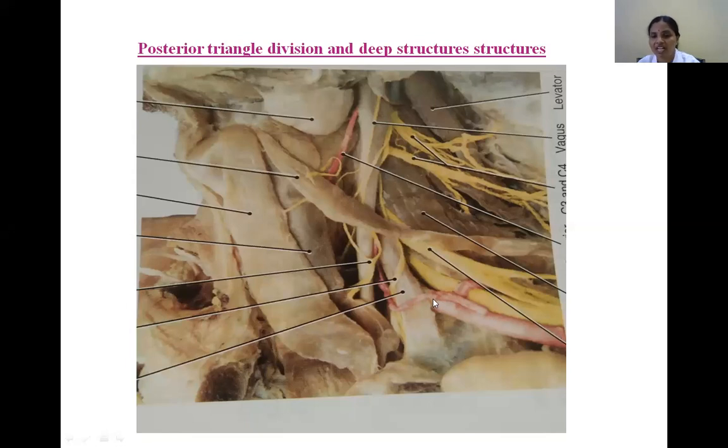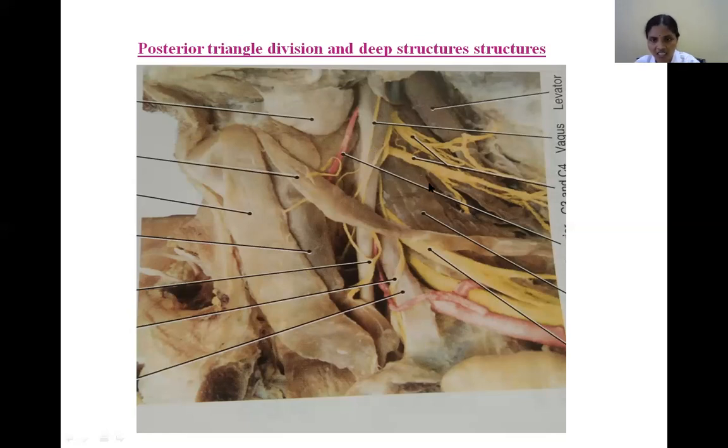Which part of the subclavian artery? The third part of the subclavian artery. You see, the course and branches, everything was discussed in the previous classes. So what I am going to discuss here, what are the important branches? See, this is the superficial cervical branch and this is the third part here. Clear? Third part of the subclavian artery. So how is the subclavian artery divided? By means of a muscle. You see, this is scalenus anterior.